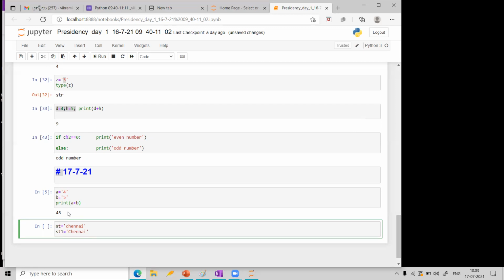Are they both equal? Both are strings. Are both the same or not? You tell me. The first one has a small letter c, and the second one has a capital C. That's all. Sometimes you may want to check like that, whether everything is equal or not.